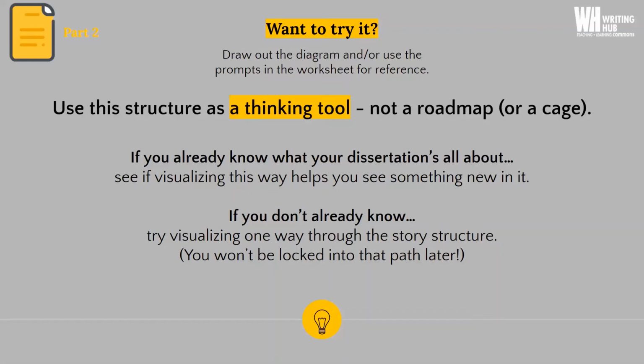Try visualizing the kind of context you want to set up, the knowledge problem you want to argue exists, how your research and the stories you can tell from your research are going to contribute to understanding that knowledge problem. Try putting it into this visual narrative structure. Remember, you won't be locked into that path. It's just a thing to try.